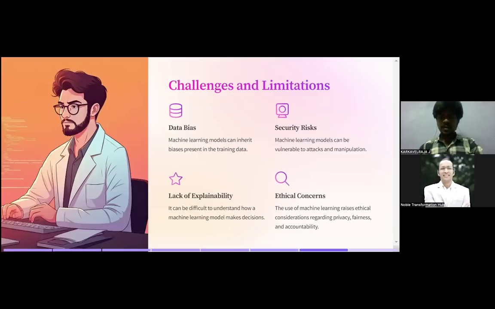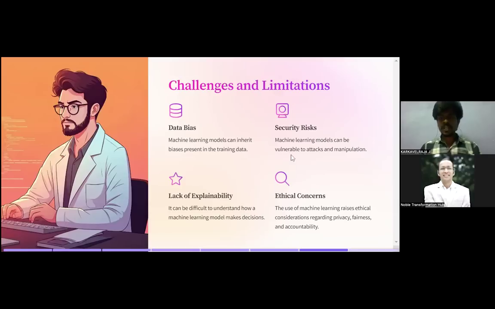Data bias. That's the first challenge. Machine learning models can inherit bias present in the training data. This is why we keep mentioning that we need to focus on where we are collecting the data, what kind of data we have, how we collect the data, and whether it's going to have bias or not. That's a major thing, guys. If you miss here, anything you do, you create a model, you deploy it, you go for prediction, nothing will work properly. Everything relies on the source and how you collect the data. So you should not have bias in the data, so that you can reach your end goal in a perfect manner.